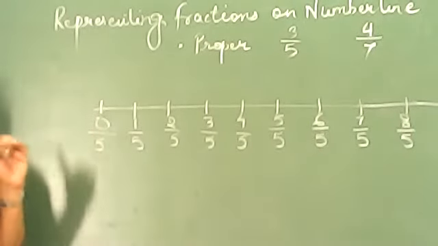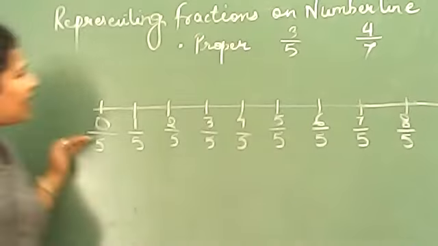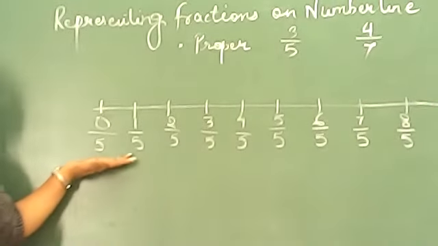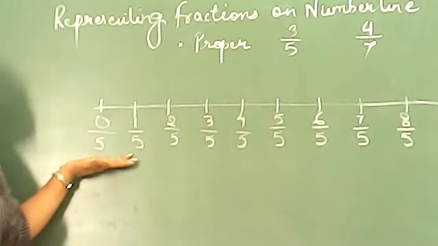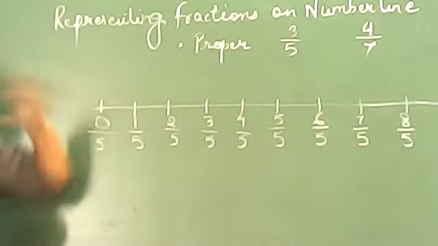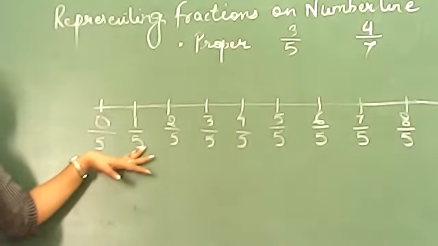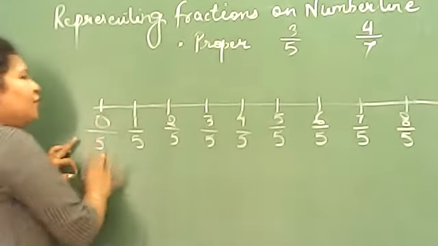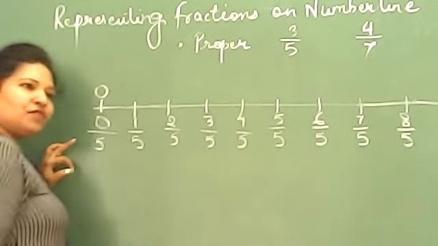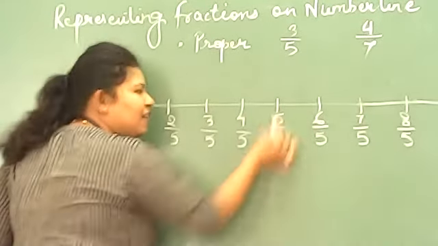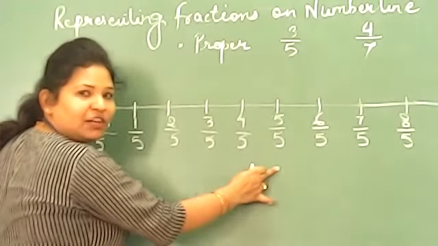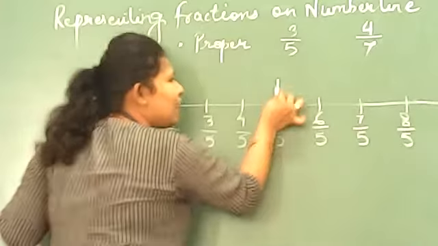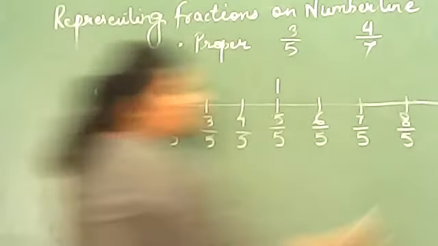Now one more thing which you should always know, that you can have n number of fractions on one number line. Infinite. You can represent infinite numbers on a number line which are in the form of fractions. Okay? One more thing, 0 by 5 you can write only 0. Fine. 5 by 5 is a whole number. When you cancel it, it will give you 1. So 5 by 5 you can write as 1 whole.